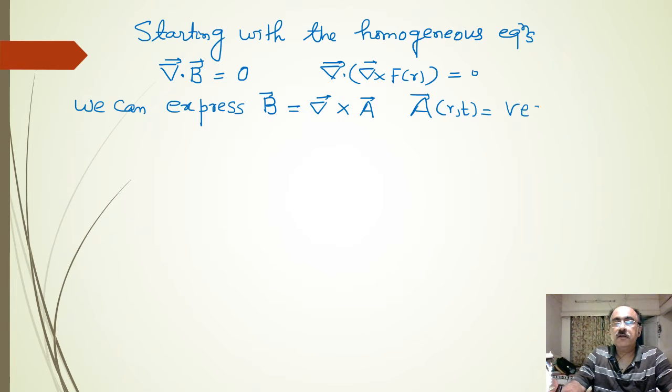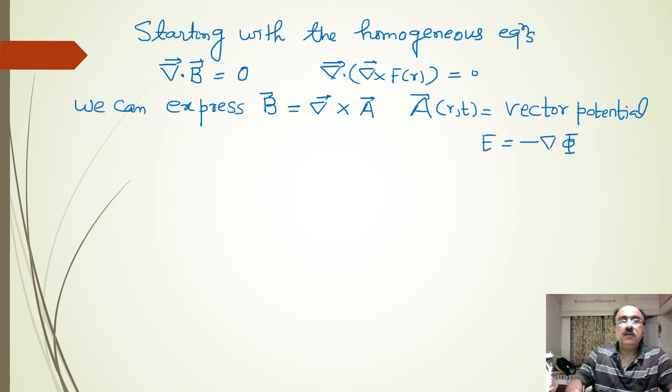Now A is called the vector potential. Why do we call it vector potential? Drawing analogy from equations such as E equal to minus gradient of phi, where there is some sort of derivative acting on the potential which gives rise to a field. Similarly, the curl operation is again a sort of derivative acting on A to give a field. So we will call A the vector potential.